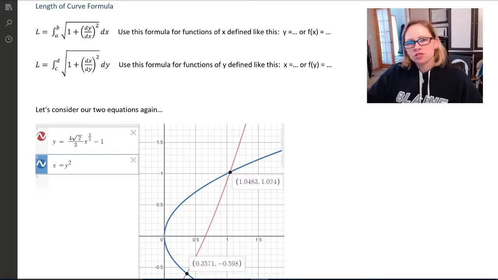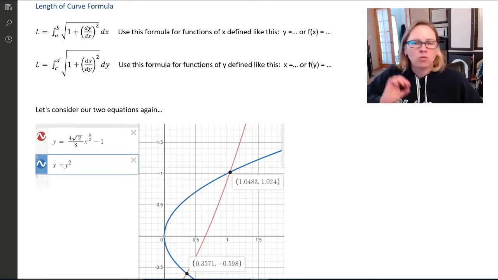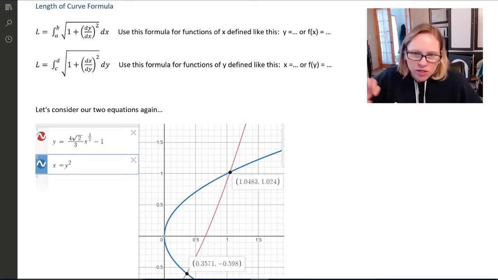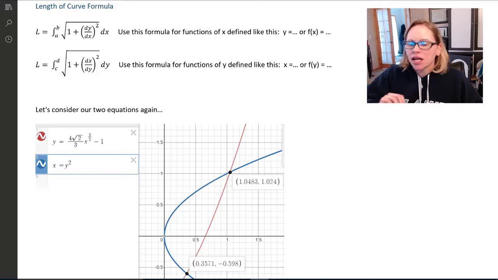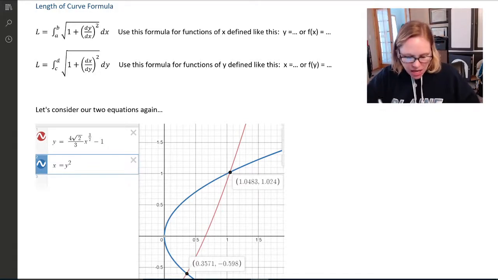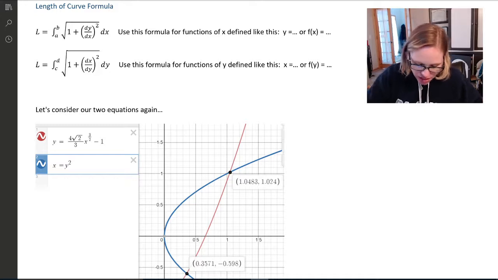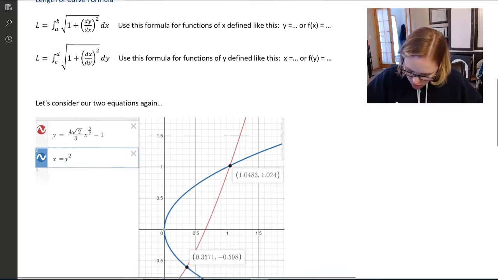So we've got two situations, and they're shown here with the curves. One situation is that our equation is defined in terms of x. That means we have y equals, and an equation with x in it, or f of x equals a function of x. And when that happens, we use this top formula. And you'll notice it uses a and b. Well, a and b are the x coordinates. So what we would have here is, if this was my situation,